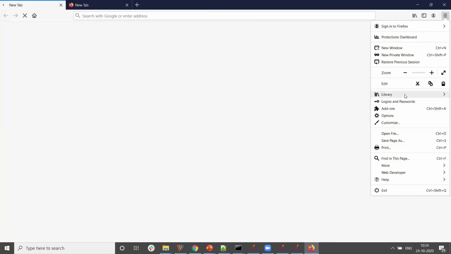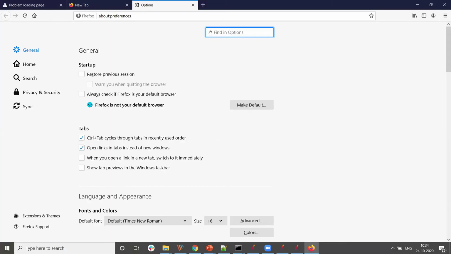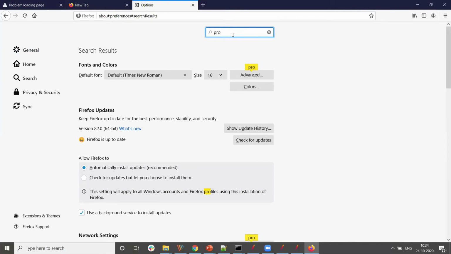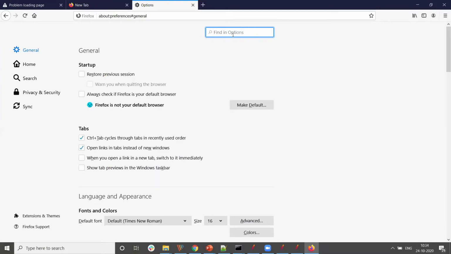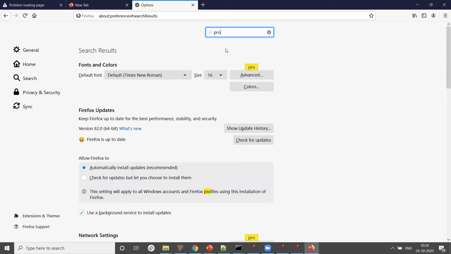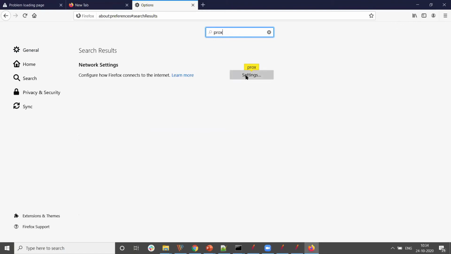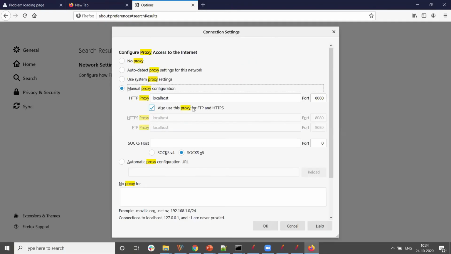In the Firefox browser, you can go to the options and enable the proxy. If you don't know, you can search for proxy and go to the network settings. Here by default there will be no proxy.